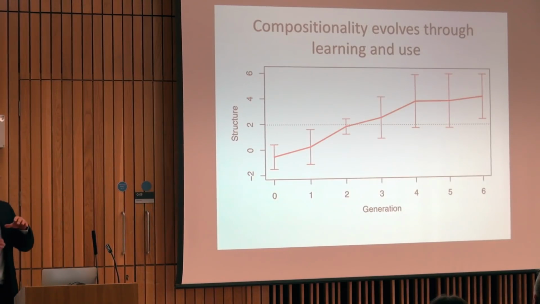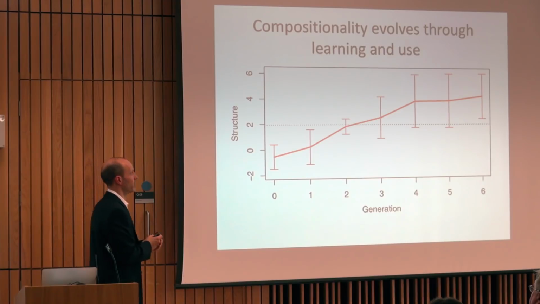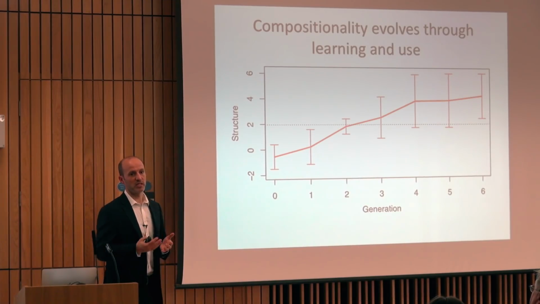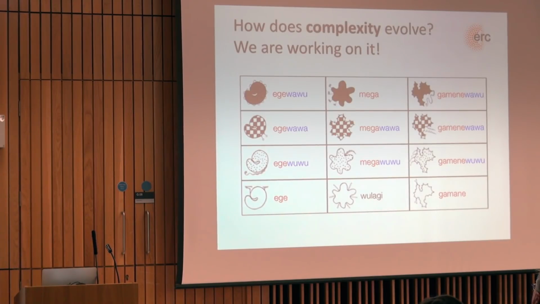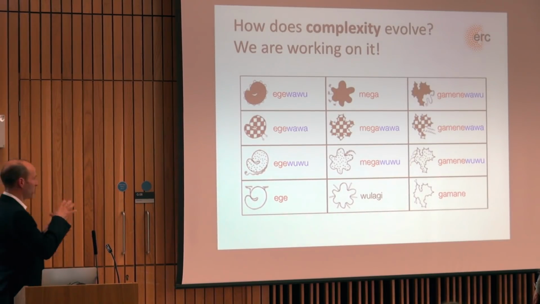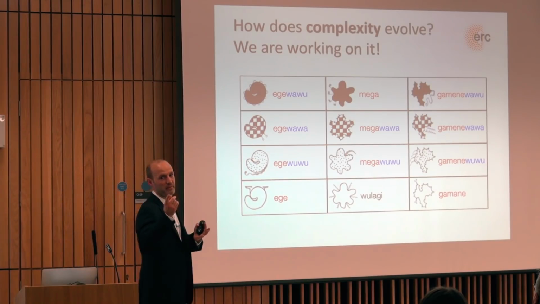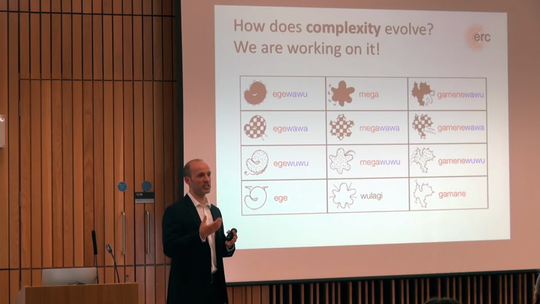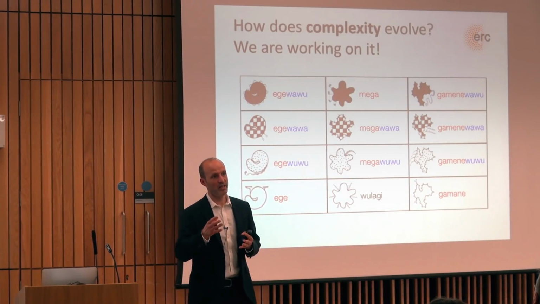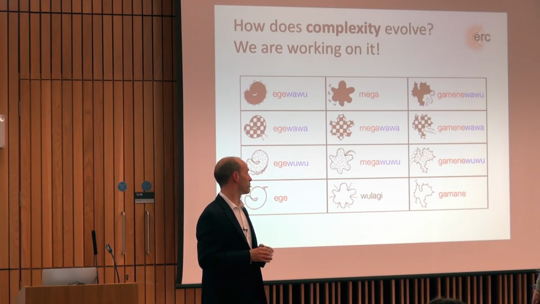Okay, so this particularly interesting kind of regularity that we see in natural languages, that is very important to understanding why natural languages work the way they do, also emerges through this process of transmission as we pass a language from person to person. Okay, so we have a bunch of work using this kind of paradigm. My friend Doug Martin uses the same kind of paradigm to explore how social stereotypes might evolve. So it might not just be linguistic systems that are shaped by this iterated learning process, but also other aspects of human behavior, such as our stereotype knowledge about different social groups.